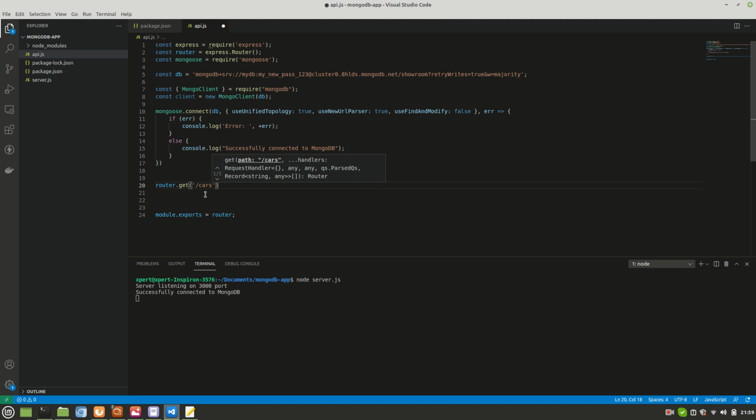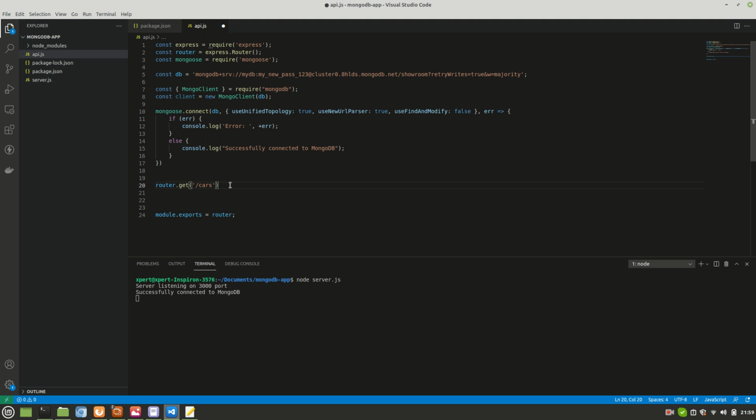And wait a second, so this is the endpoint. This is the endpoint we would hit to get the records of all the cars stored in the MongoDB. Okay, it can be something else. If you are storing for cars or bike or anything, then it has to be adjusted accordingly.